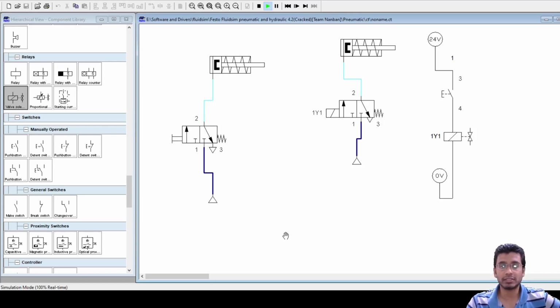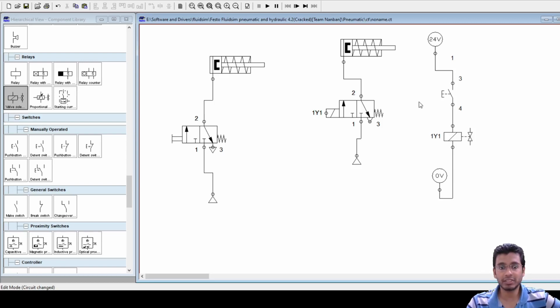In both the cases, direct. Yeah, both. So in a pneumatic system as well as in an electro-pneumatic system, in both the cases, this is a direct control. Okay, now just try to make indirect control of both, of this system also and this system also.